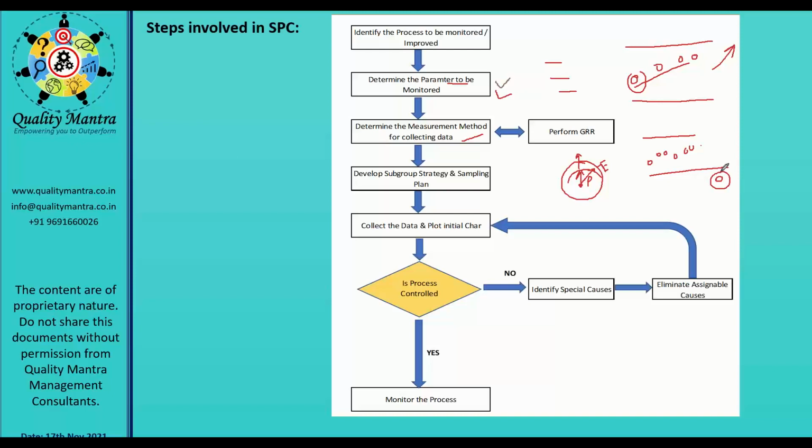Same way, if your alarm clock or your mobile starts showing you the wrong time, what will happen? You will not reach on time. You may think that yes, you are reaching on time, but actually you are not, because your measurement instrument is showing you the wrong data. That's why before moving to the next step, it is very important to check whether the measurement instrument that you are using is showing you the correct data. Is the data reliable?